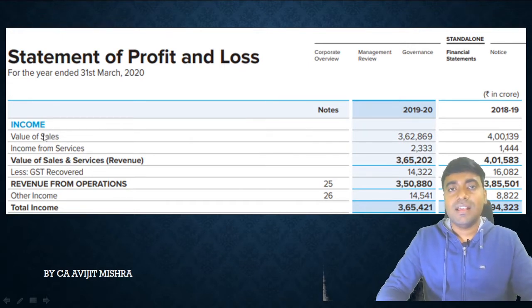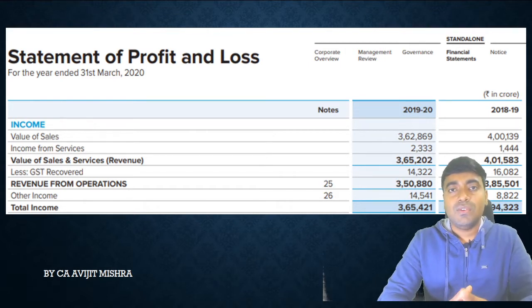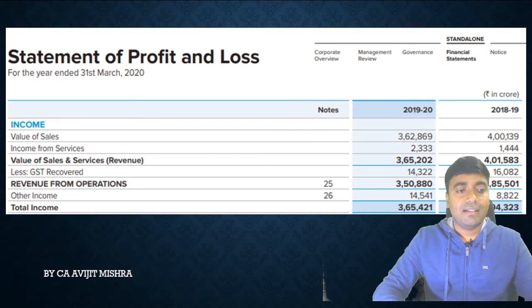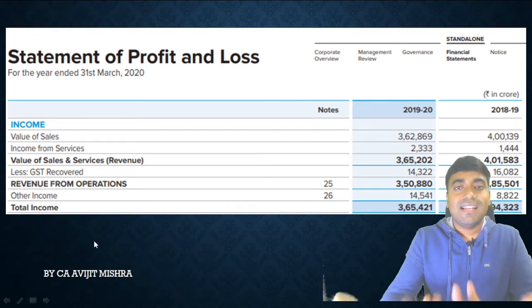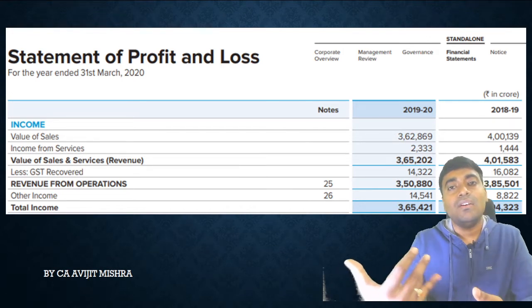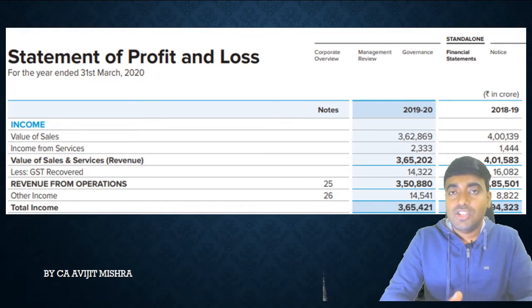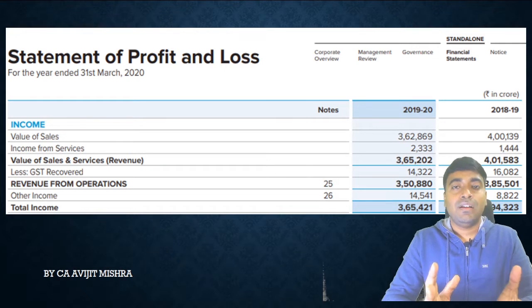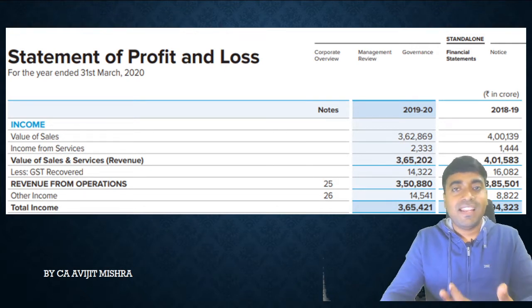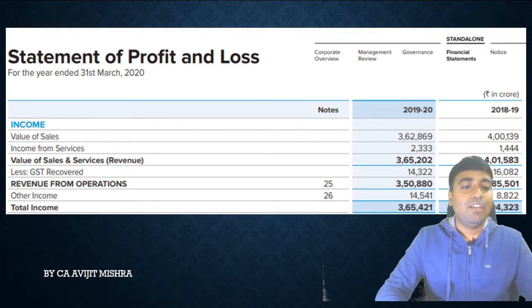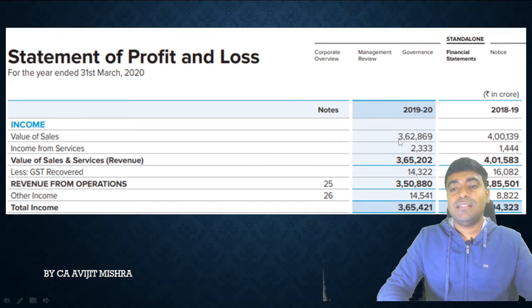What is the value of sales? Take the example, you have a grocery shop and you are selling groceries every day. That is called the value of sales. Reliance is a big company, so they are selling groceries, they are into retail business, into Jio, into oil manufacturing, and also crude oil processing or the refining industry. So in that, whatever the value of sales that has happened, they are showing. If you see here, the value of sales is basically